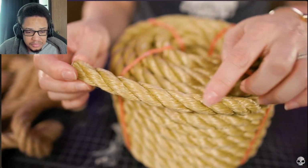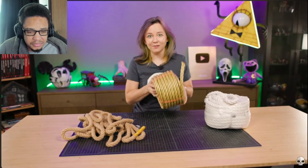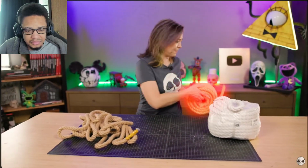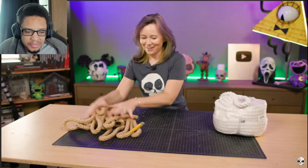Plastic, so we're not going to be able to dye it. If we wanted to use this, we'd have to spray paint it. I don't think that's going to look good. So this is out. We're left with two. We got our jute rope